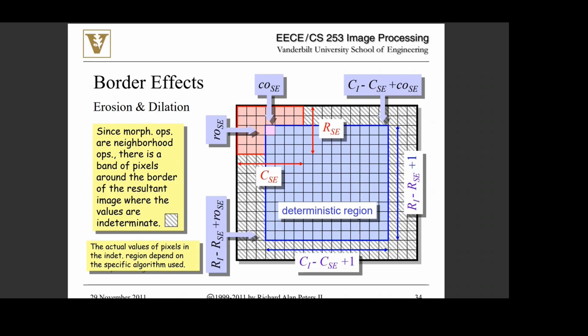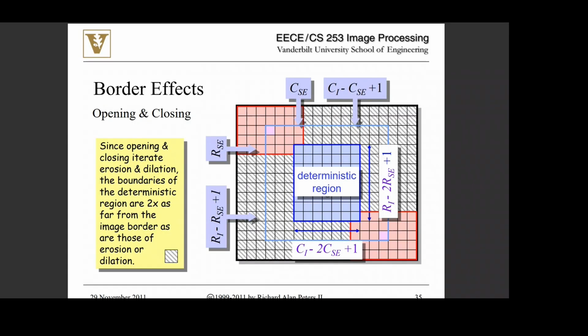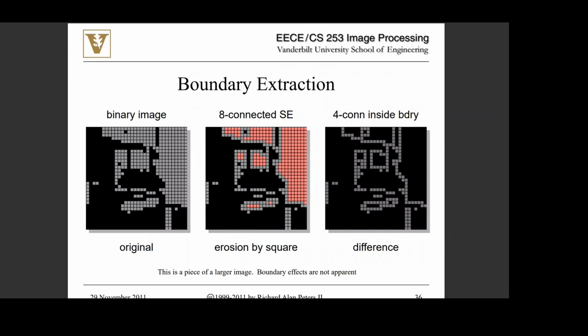Again, border effects. So when you reach the border, all these intersections and these things are not well defined. So there will be a region around the border where you have to take decisions. But